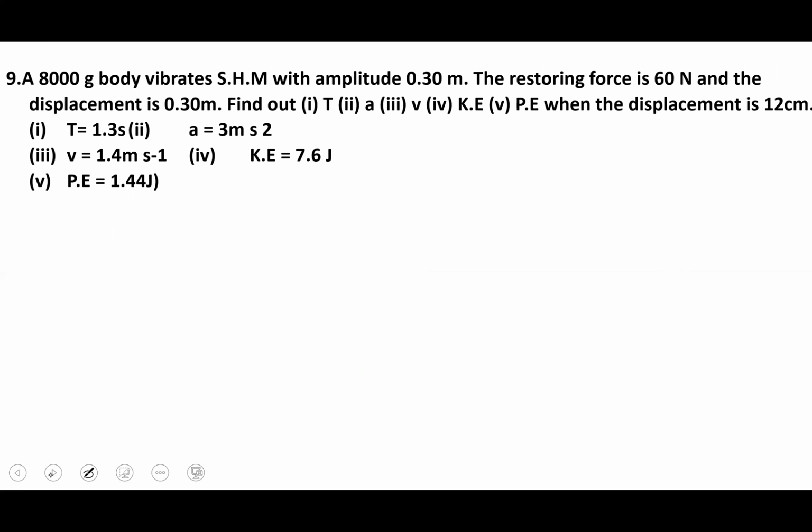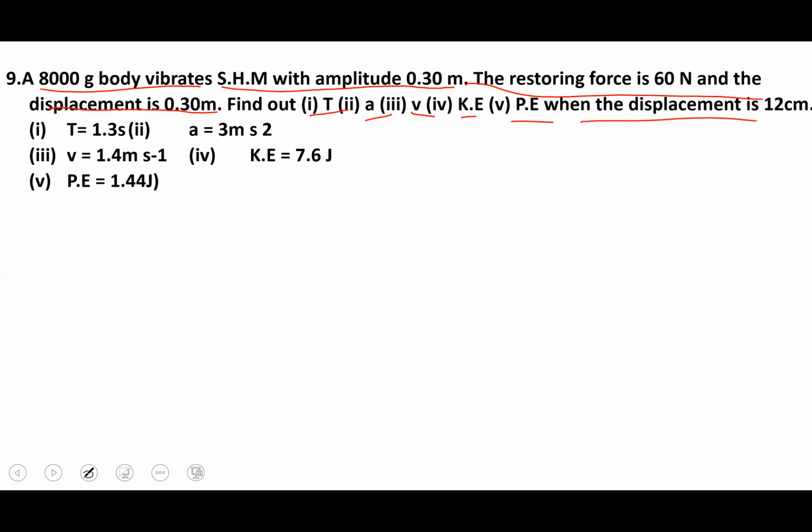Question number 9 says an 8,000 gram body vibrates in simple harmonic motion with an amplitude of 0.3 meters. The restoring force is 60 newtons and the displacement is 0.3 meters. Find out the time period, acceleration, velocity, kinetic energy and potential energy as well, when the displacement is